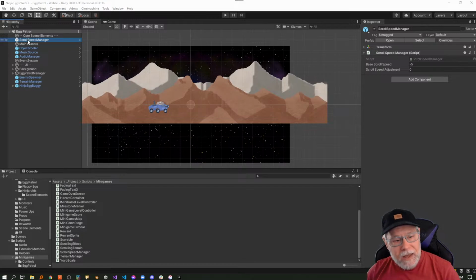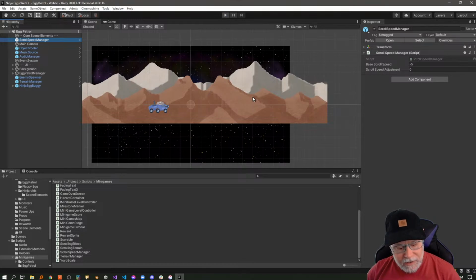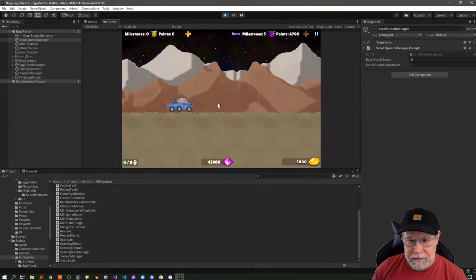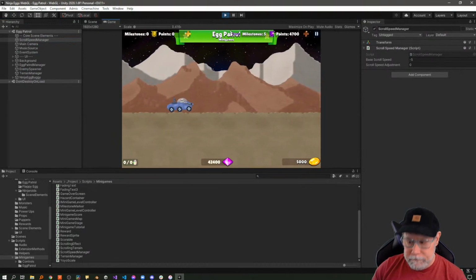So I began working on the scroll speed manager last week, and if you were watching that stream last night, I'm kind of embarrassed to admit that I spent quite a bit of time on a wild goose chase. So I'm looking at this scroll speed adjustment in the inspector here. And when I was testing this, when I moved forward,